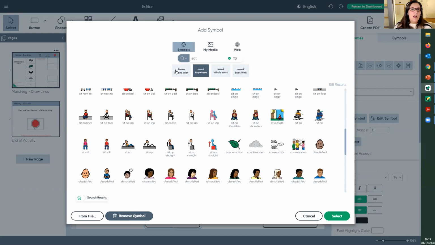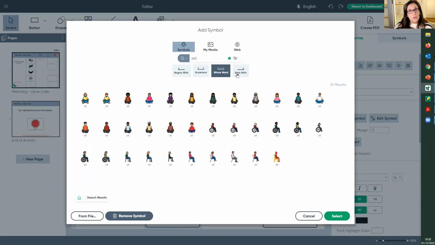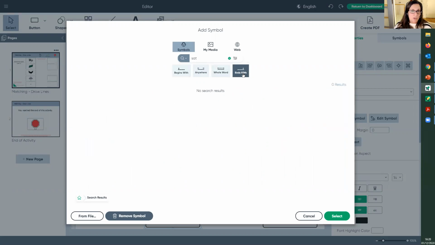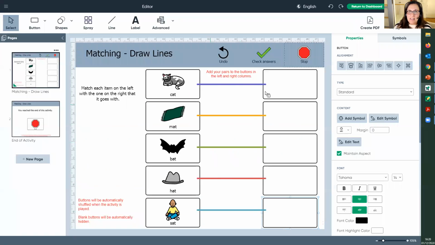that label. I can go in and find words that begin with those letters, that word as a whole, or words that end with those letters. So that could be really interesting if I'm doing some literacy work and I'm working on specific rhymes or specific onset sounds. Now, what I'm going to do here is I'm just going to put letters. I'm not going to press the enter key to initiate a symbol search because I just want to put the